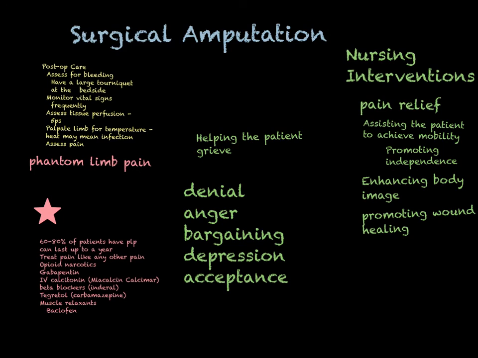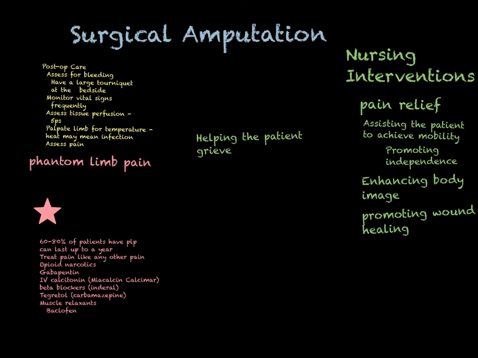Because one of your interventions can be to set this person up with support. And there are programs like AmpPeer, especially I think through the Veterans Administration. People can be set up with peers who have had amputations. You're definitely going to want to enlist family support and encourage effective family coping. If you see ineffective family coping, I would encourage you to make that a part of your care plan and refer that patient to the appropriate services.